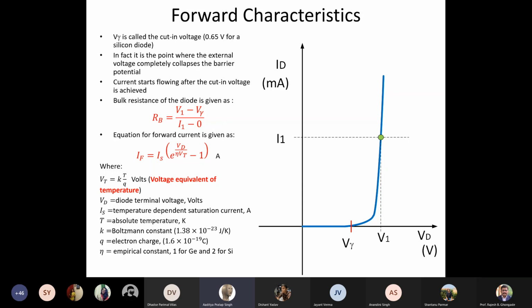Vt is going to be a very important thing. Mark it very, very carefully, properly. And what does it tell you? What is Vt? It is the voltage equivalent of temperature, as if I am applying some voltage over there. K is the Boltzmann constant. T, capital T, is the absolute temperature in Kelvin, and Q is